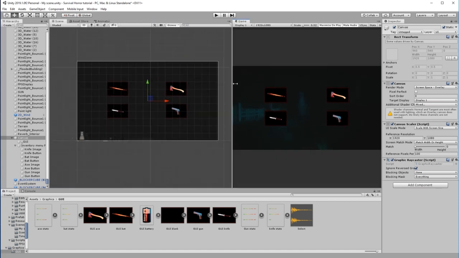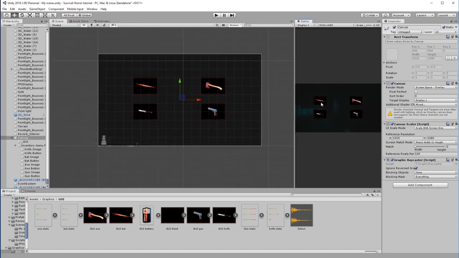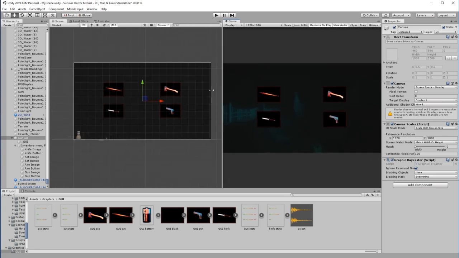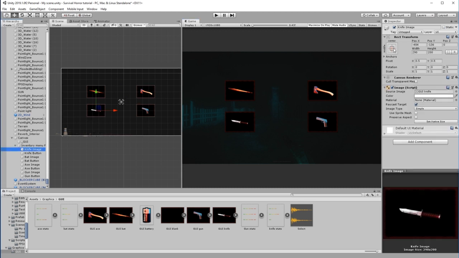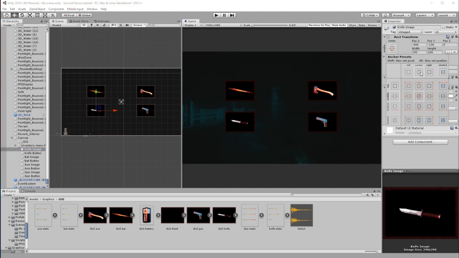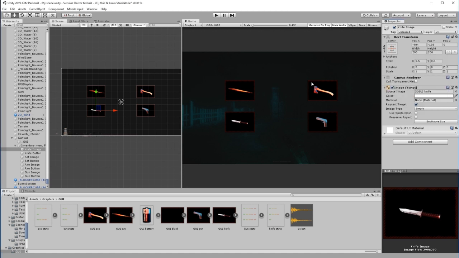Now if I scale that down like that, notice how those graphics are just staying in position. Alright, and so they always will. And each of the images and the buttons are all anchored to the center of the screen, which is exactly what we want to happen. Alright, so that's good. Now in the center we are going to be putting in some stats soon into there,